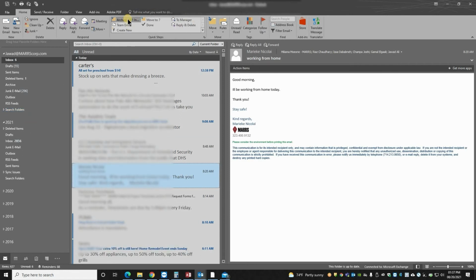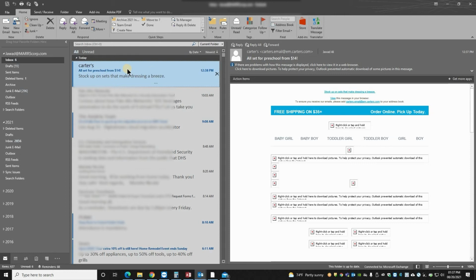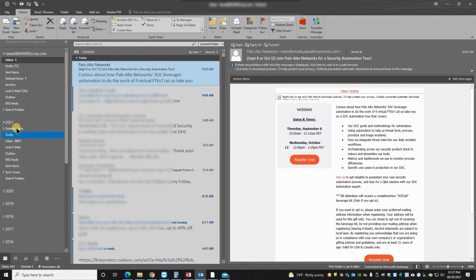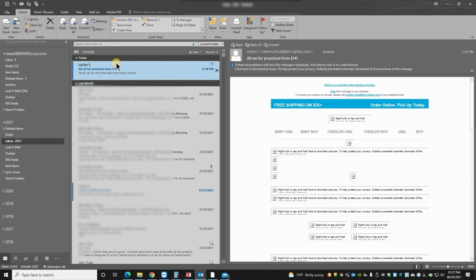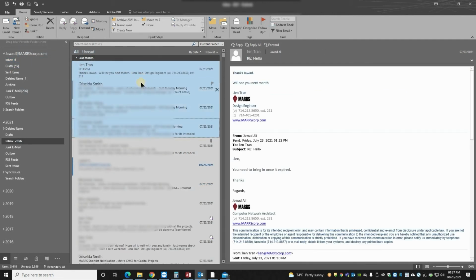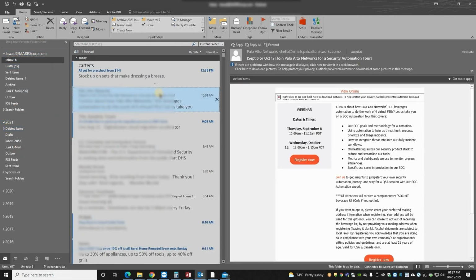and then over here if you look here, we have the same shortcut and button here, and it says archive 2021 inbox to inbox, and then it says our shortcut key. So let's suppose we have this item from the Carter. We want to send this item to 2021. All we need to do is just select this email and hit this button. It will disappear from here and it should come here under here. Okay, so this is the easiest way. If you want to send more items, simply just select more items and hit this button and it will transfer all those items into the archive.